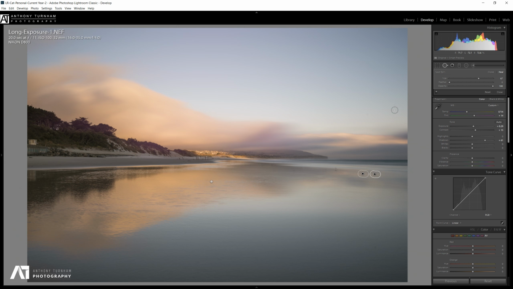Okay, the highlights, I'm not going to play around with them too much, maybe bring them down a tad, bring the whites up. As you can see on the histogram here, we haven't really got any whites, but if you think about this particular image, there is nothing in the image that should be white. So if we bring it up, we're going to start to blow out the clouds there, which isn't really the look we want, but I may bring it up just a little bit just to increase that dynamic range. And our blacks, we can bring those down slightly, and we're starting to take shape here,